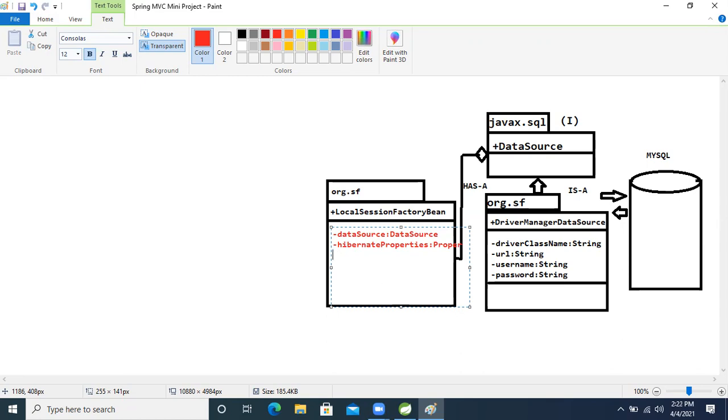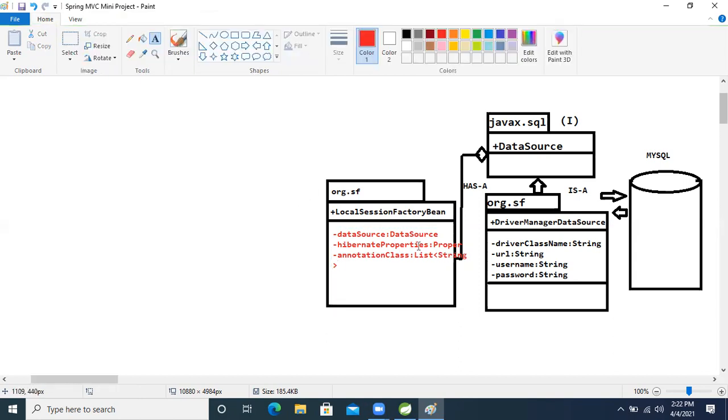Another one is the annotated classes. This one will take a list of strings, meaning the classes.